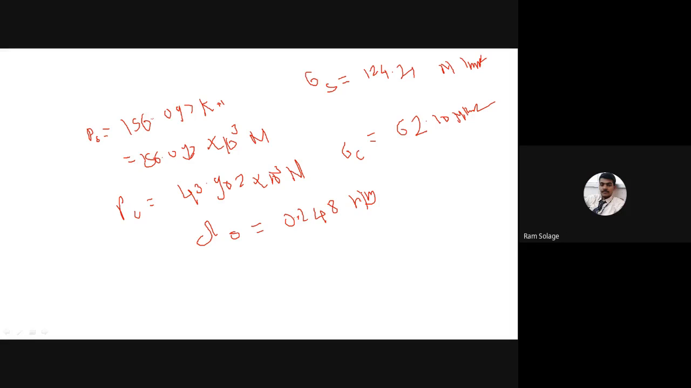Very good. How many students have solved this answer correctly? All students. Now, I will give the one homework. Or shall I stop here? Write down problem. A copper bar 30 mm diameter is